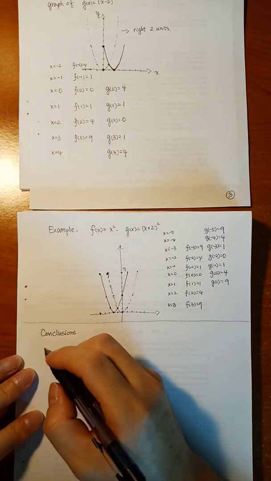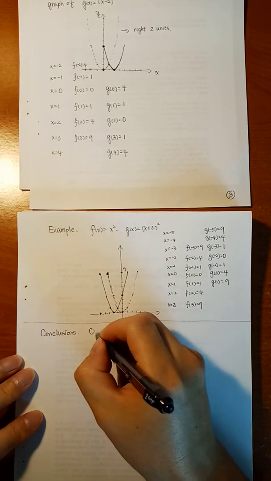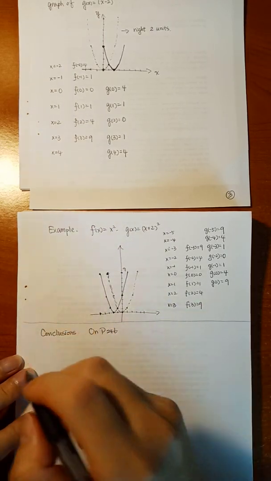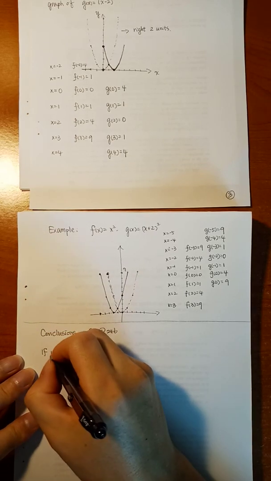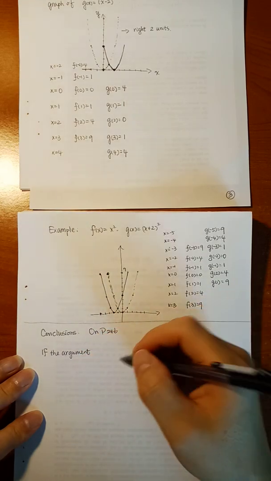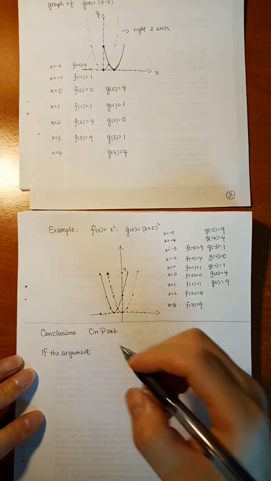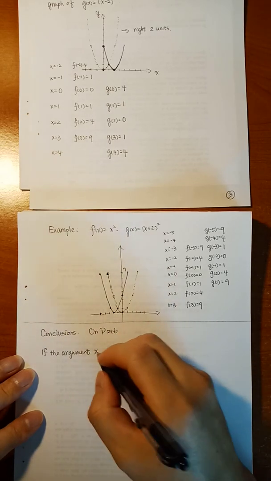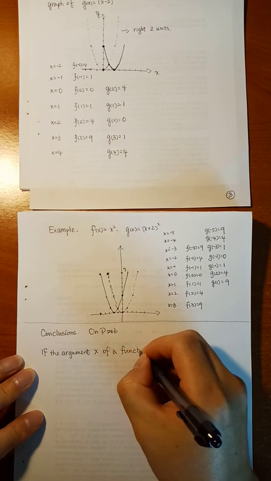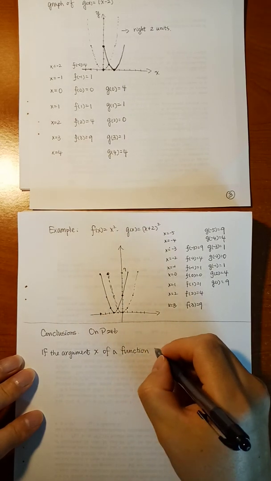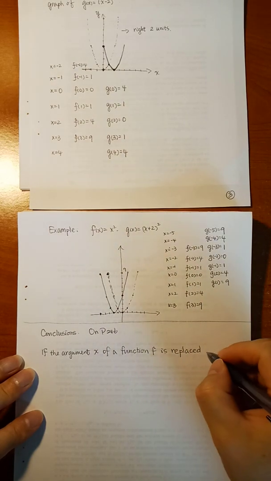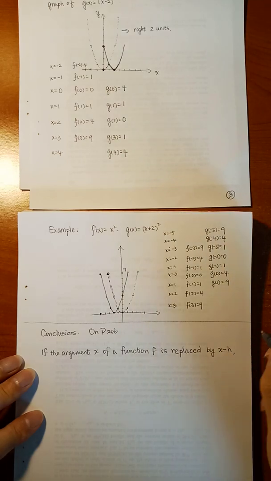The conclusions are following. It's on page 246. If the argument, input, they use different words. Argument is input, is x. If the argument x of a function f is replaced by x minus h, h positive,